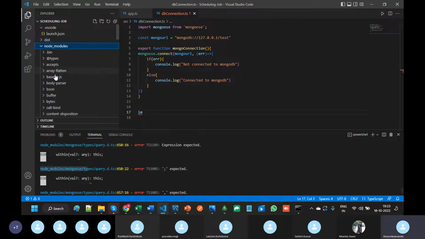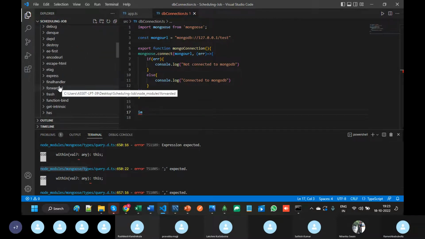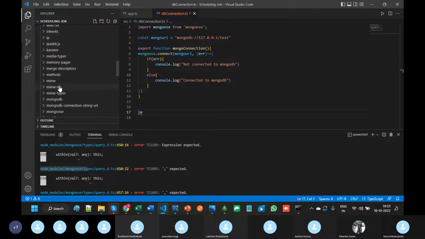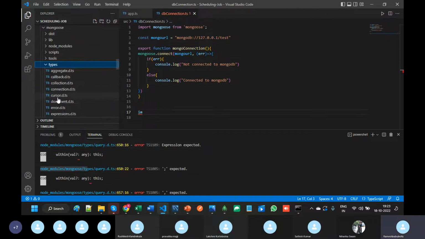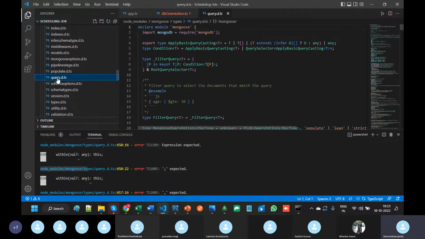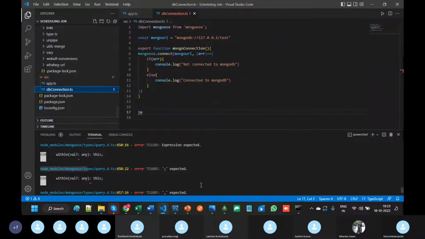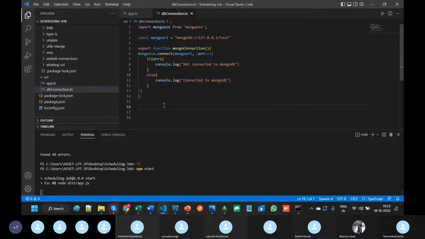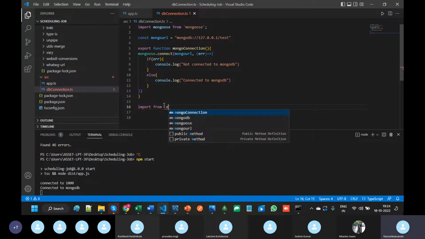So in node module mongoose types query. So delete it. So here import from MySQL to MySQL, so connected to MongoDB. Okay, and